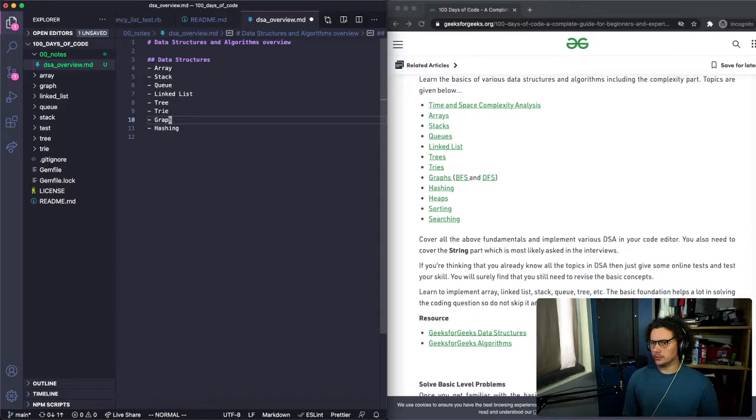Hashing. I don't know if hashing would be considered algorithm or data structure. Not sure.